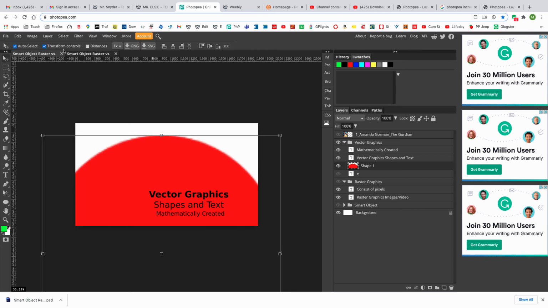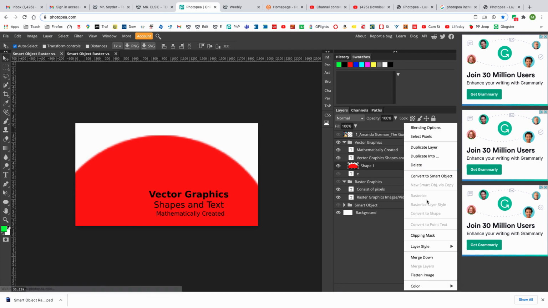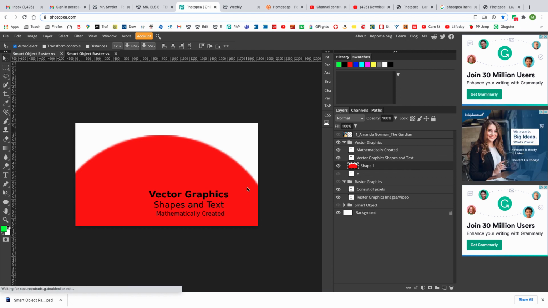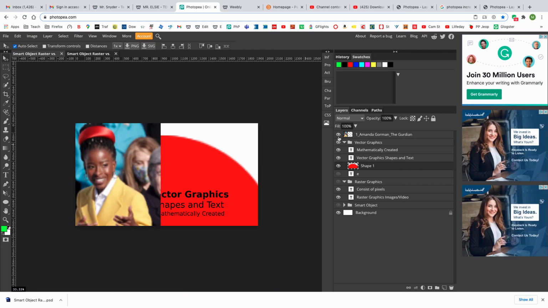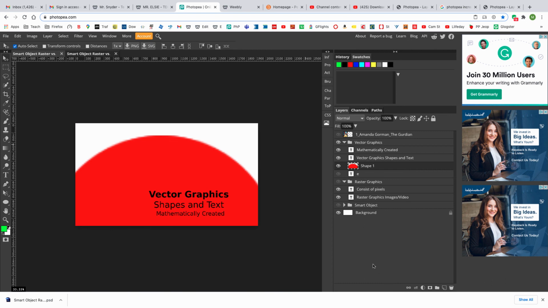Because I took what started as a vector graphic, I rasterized it to make it now a pixel graphic. And now when I scale it, you get that problem again that you had like so. So the bottom line is when you add an image initially, it adds it as a smart object, which you can scale up and down. But don't go too extreme,